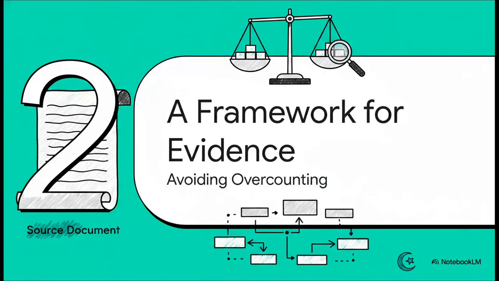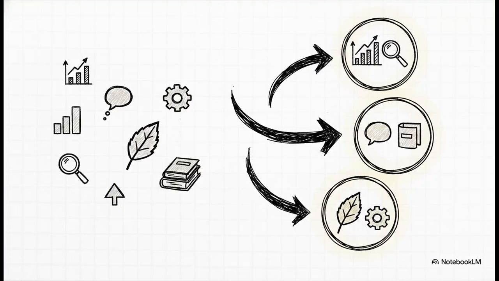Okay, so before we jump into the really fascinating evidence, we need to talk about the rules of the game. Because the researchers behind this are super careful about one major statistical trap: overcounting your clues. To make sure their analysis is solid, they don't just count every single little thing they find. Instead, they group related patterns together into what they call evidence clusters. And this is a really, really important step. It's what stops you from accidentally counting the same clue 5 different times, which would totally skew the results and make your case look way stronger than it actually is.